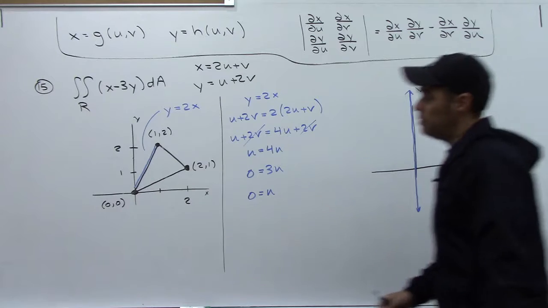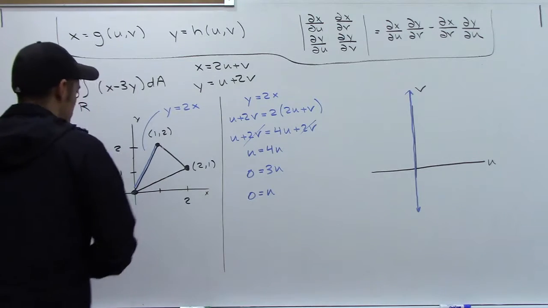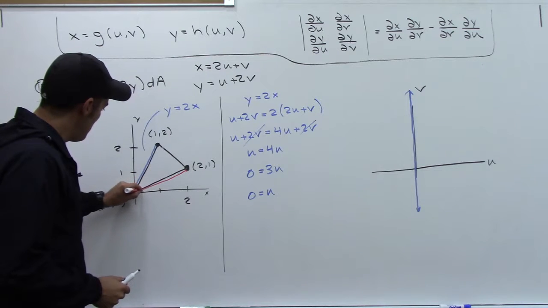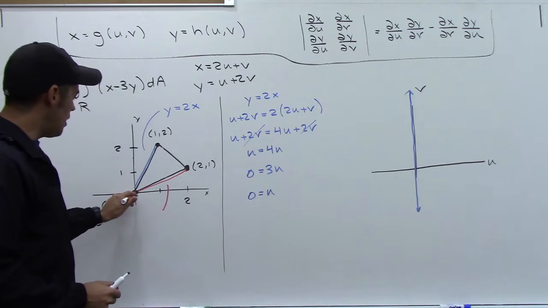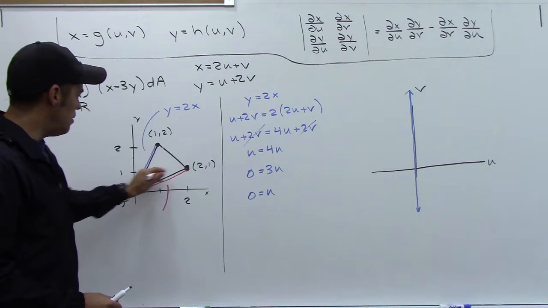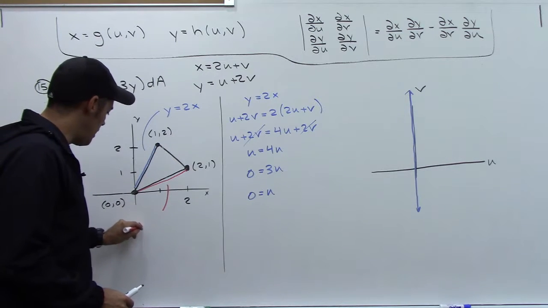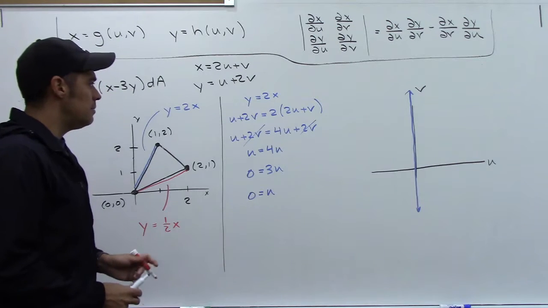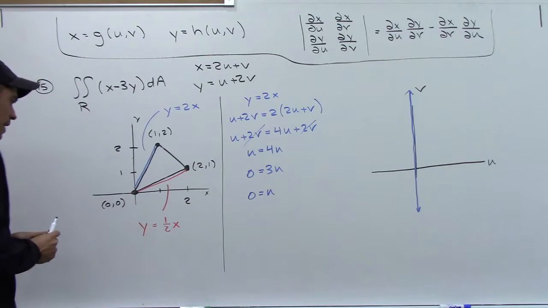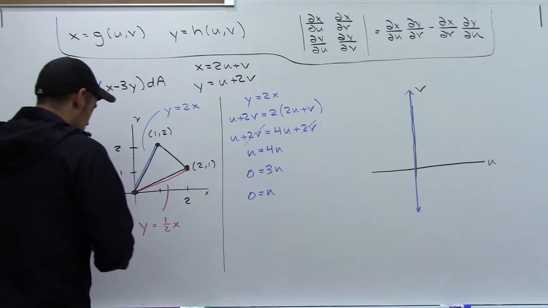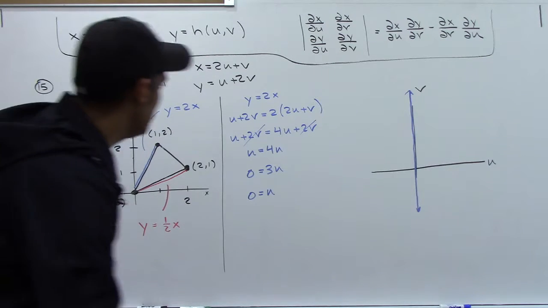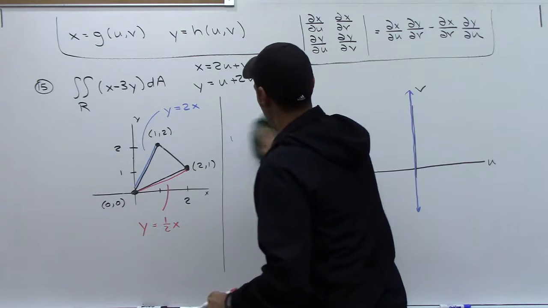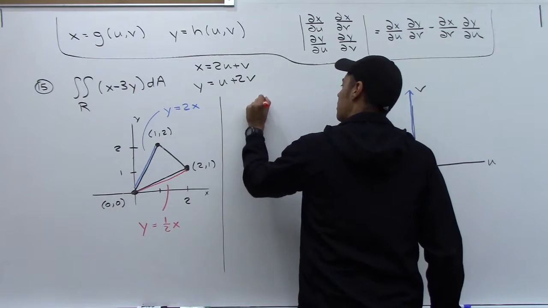Okay, now let's take another line segment, which would be this one. Find the equation of that. So it has a y-intercept of 0, it has a slope of 1 over 2, so it's a slope of 1/2. So that's just 1/2 x. Now I'm going to do the same thing. I'm going to ask myself, what happens to y equals 1/2 x? What does that line get taken to? So I'm going to write this down right here. y equals 1/2 x,